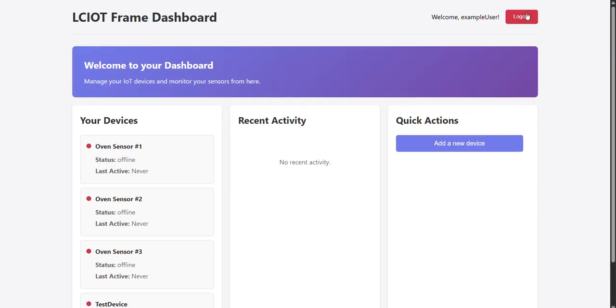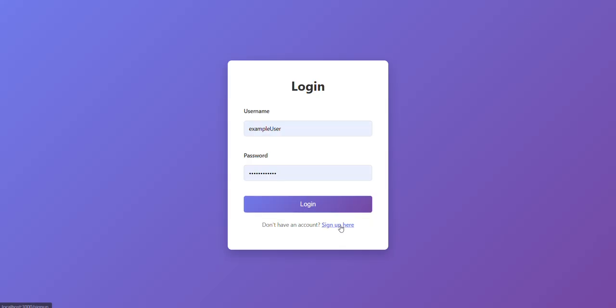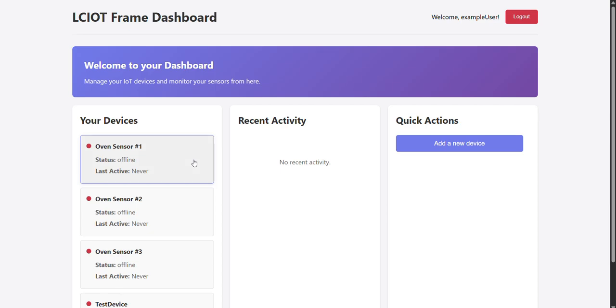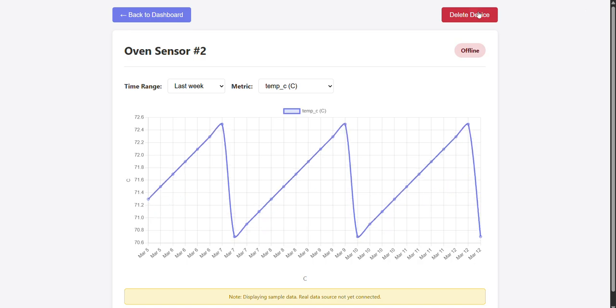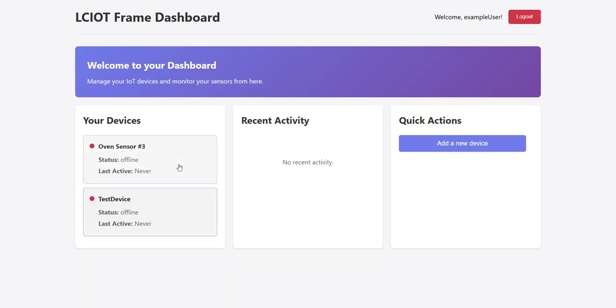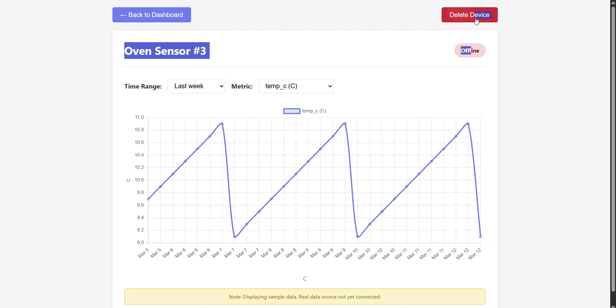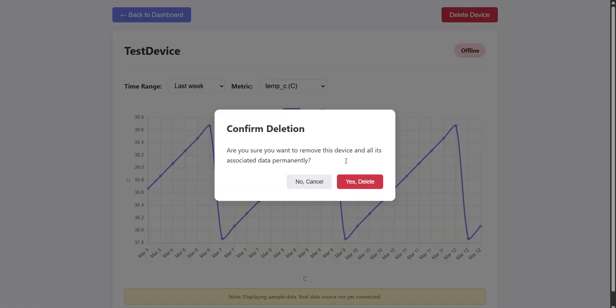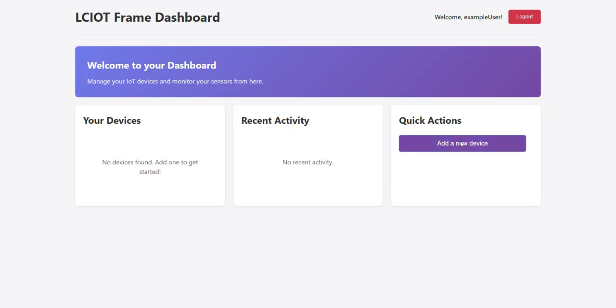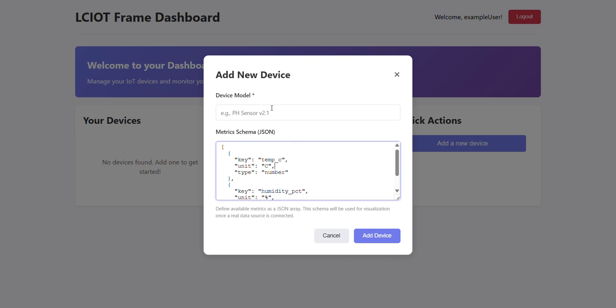So I just logged in. You can sign up here if you would like to make a new user. And here I already have a few devices, so I'll just delete these and make a new device. And deleting these devices does actually delete it from the database on the back end. So if I add a new device, this oven sensor 1,